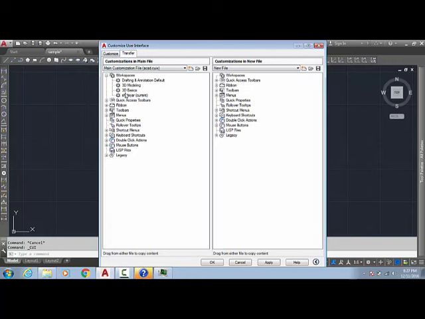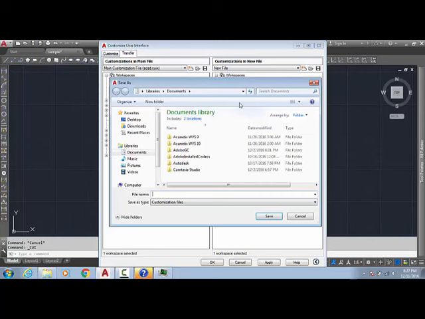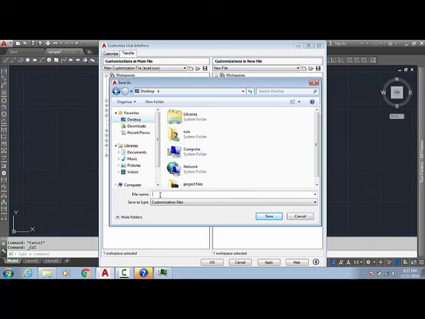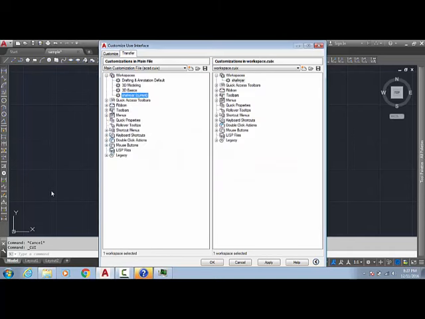Okay, transfer, set and right click. It's not giving the option, so just drag it and put it here and save it to one file, desktop. I am putting one name, workspace, and save it.